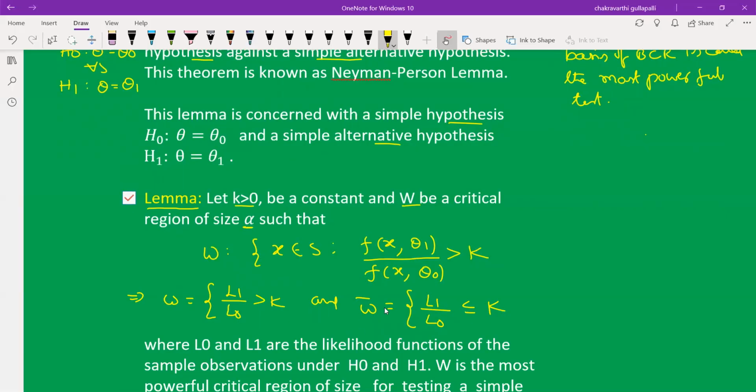These are two important statements, W and W bar defined here. To find the BCR, use this shortcut formula: W is equal to L1 by L0 greater than k gives the best critical region. You can also use W bar, but best practice is to always choose W,